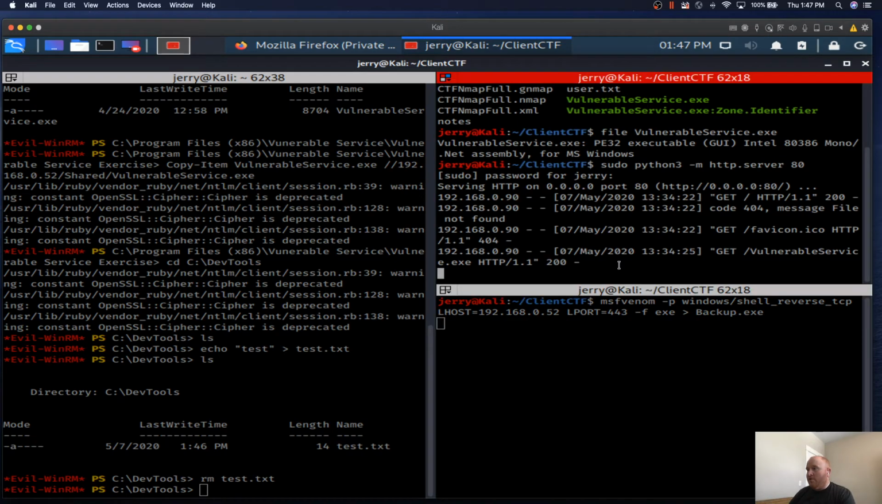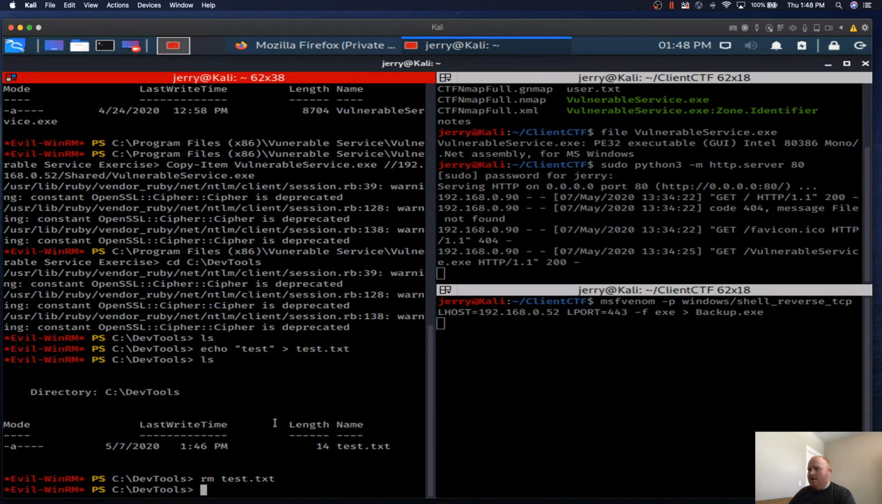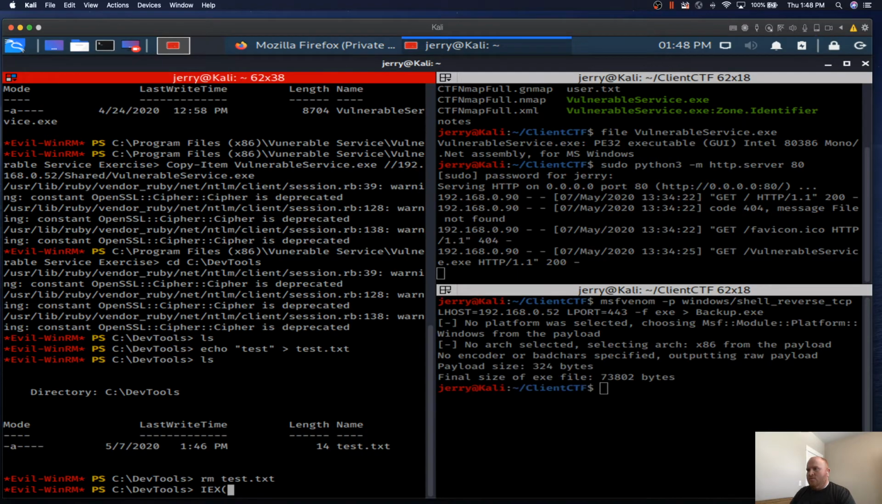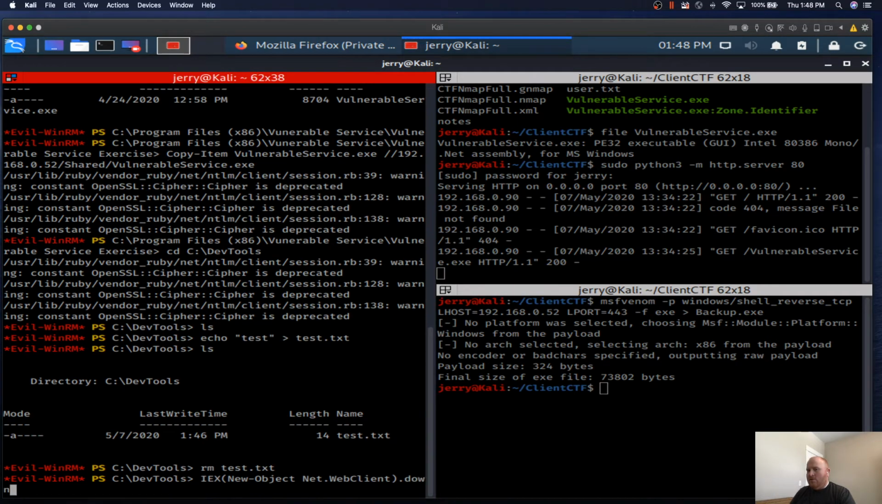So we're going to let this payload generate. We've already got our web server listening here. And so then what we need to do is we need to do IEX, which is invoke expression. We need to do new object, and then we do net.web client, and then we're going to call .download file from our web server, from our malicious attacking web server, HTTP